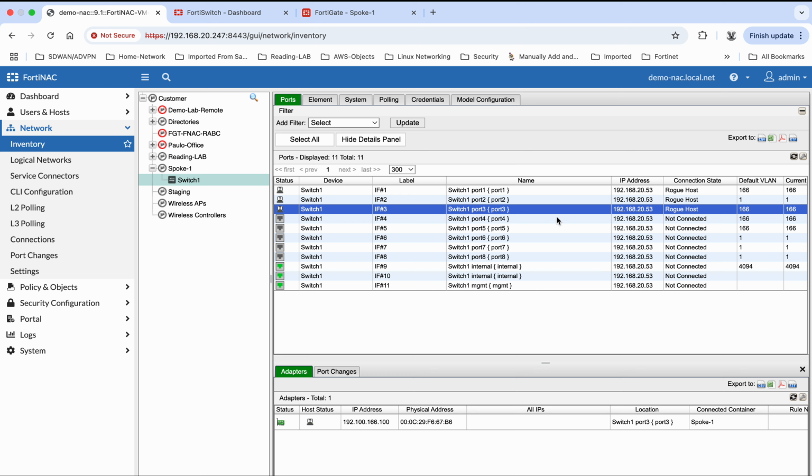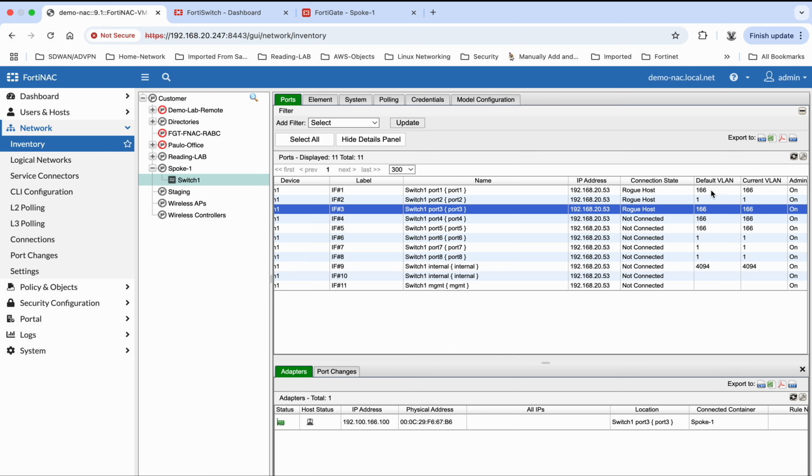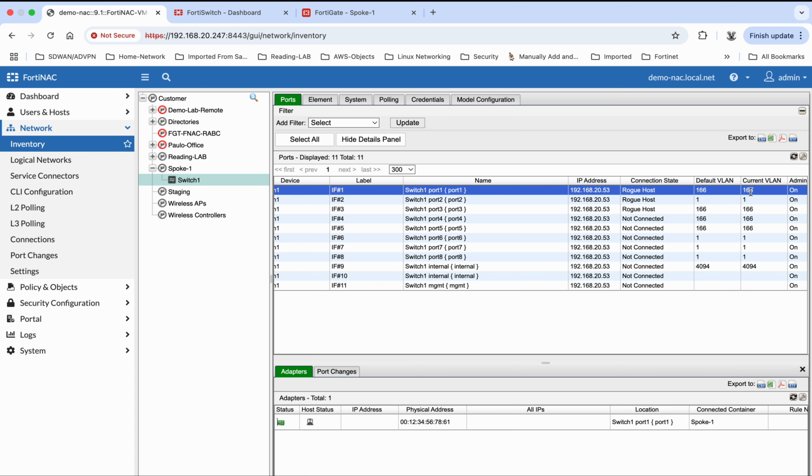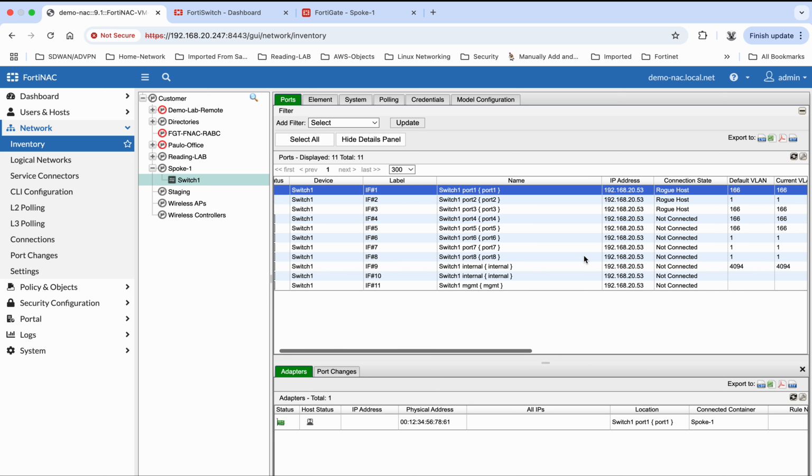Now all the ports that are going to be subject to FortiNAC control have their default VLAN set as VLAN 166, which is my isolation VLAN. By default, if a port has not got an authenticated device connected to it, it gets placed in that VLAN. This section here, current VLAN, is the one that dynamically changes. And as you can see, default and current VLAN match on both sides here